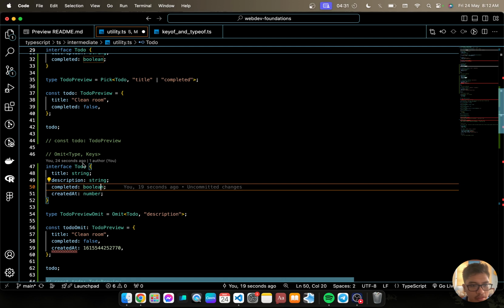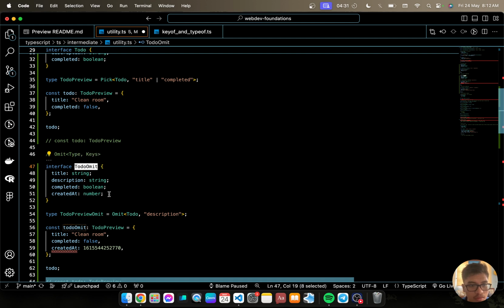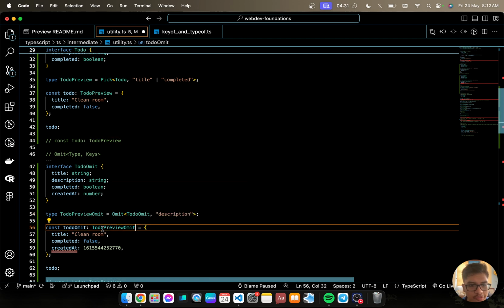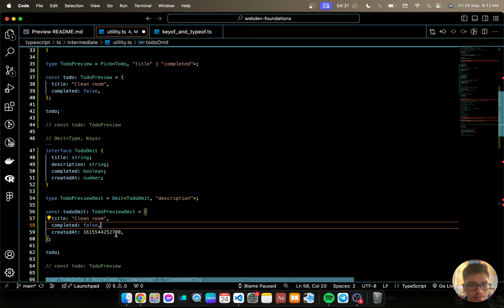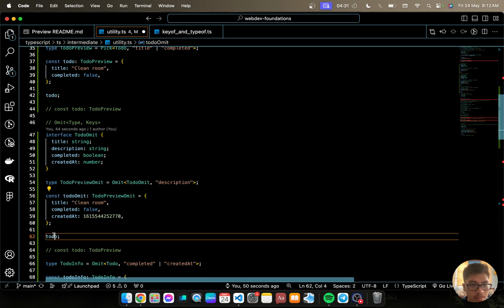Here let's also change this to TodoOmit. Then TodoOmit and TodoPreviewOmit. Then this should be TodoOmit as well.